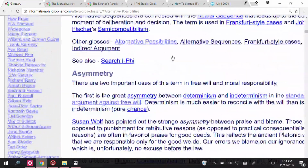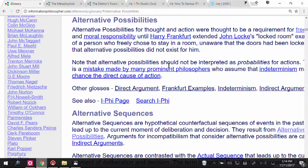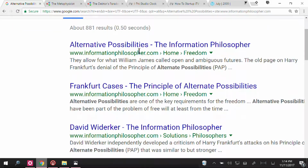And if we were to come back to alternative possibilities for just a moment, you'd see that we can also go to the page on the website that describes alternative possibilities, or you can just search the whole website. So let me just show you what happens when we do a search, for example. It's using Google to search alternative possibilities on this website. And we find the page on alternative possibilities, the page on the